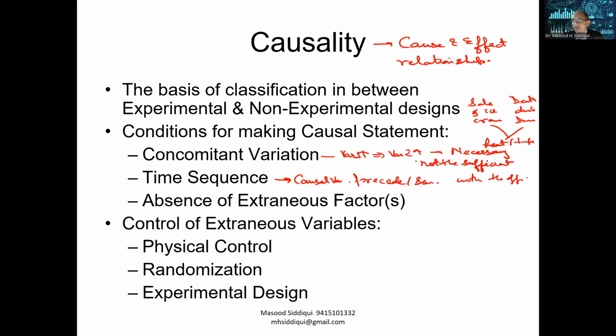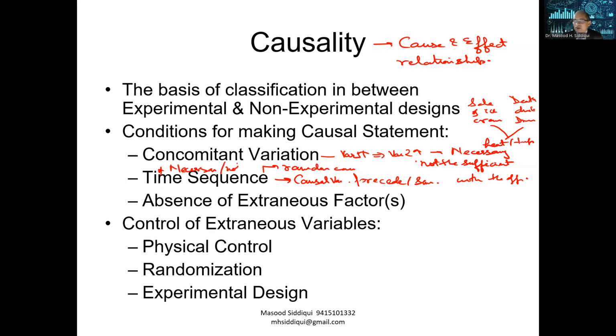Means the causal variable should not occur after the effect variable. Right? So it may be possible that something happens after some other thing. There may be some random causes, or some random matching, or something that is not at all related, just a random fluctuation, because of which we can observe any time sequence. So again, time sequence is a necessary condition,